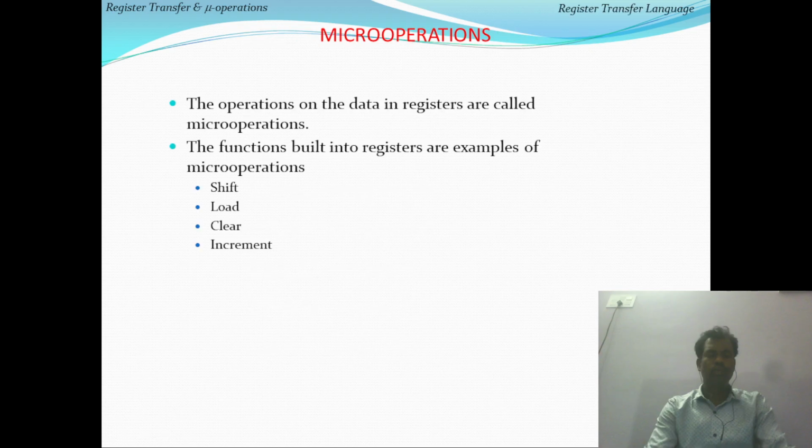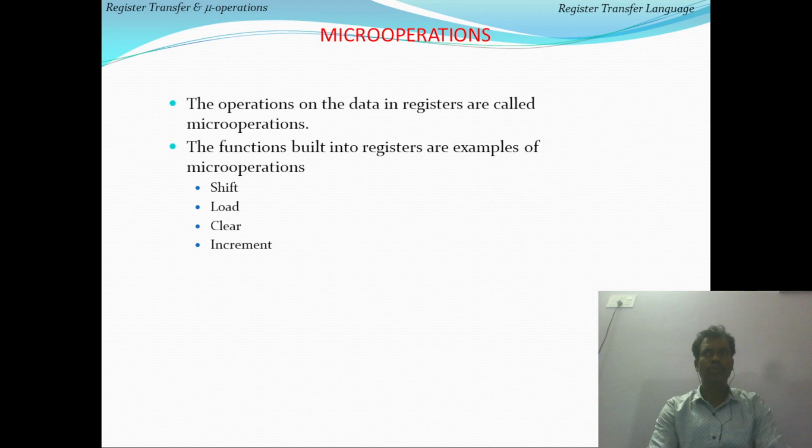Now, let us see what a micro operation is. Micro operations are nothing but the instructions or operations that are performed at the register level. That is called a micro operation. The functions built into the registers, for example, simply shifting a register towards the right side by one time, or load